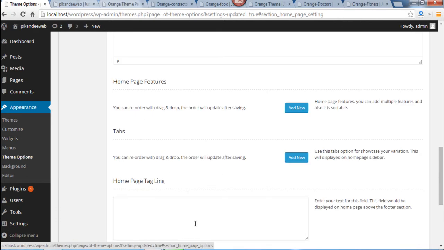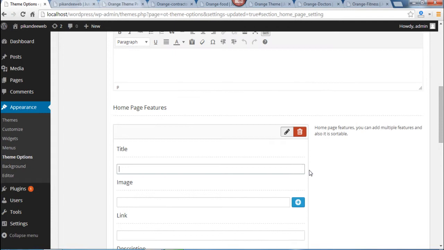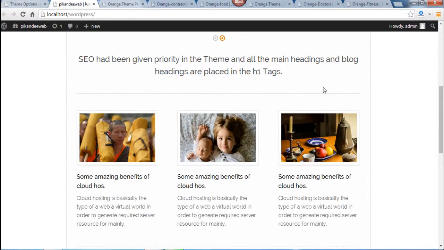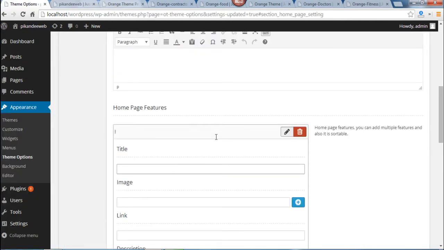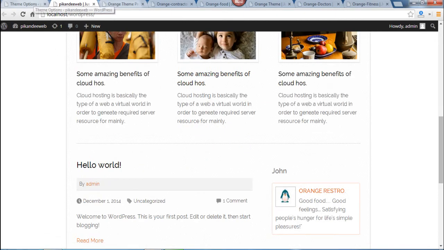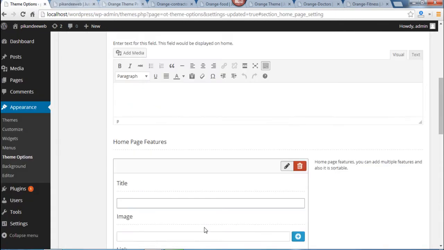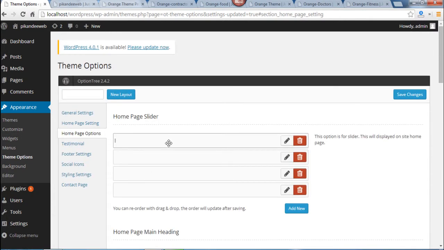Plus one more thing, in the Orange theme, friends, you can add unlimited homepage areas with images, description, link, etc. This is your homepage feature section. You can add unlimited homepage feature images and unlimited homepage sliders.